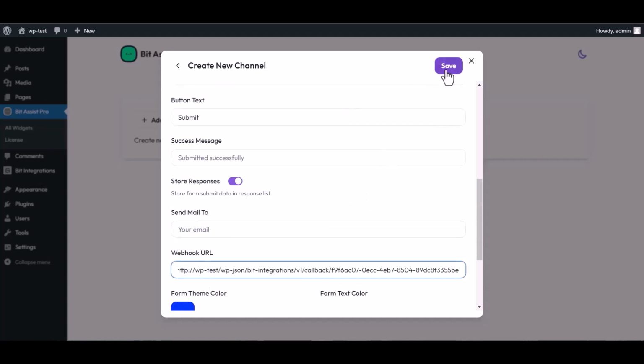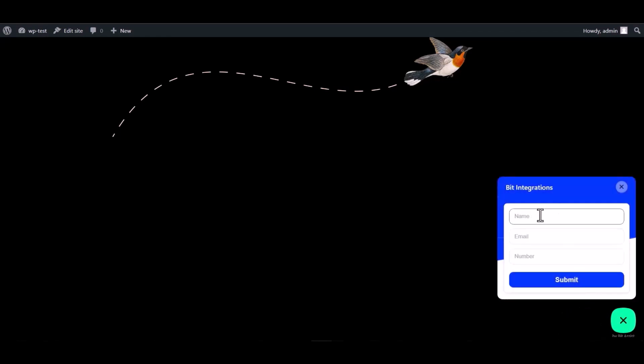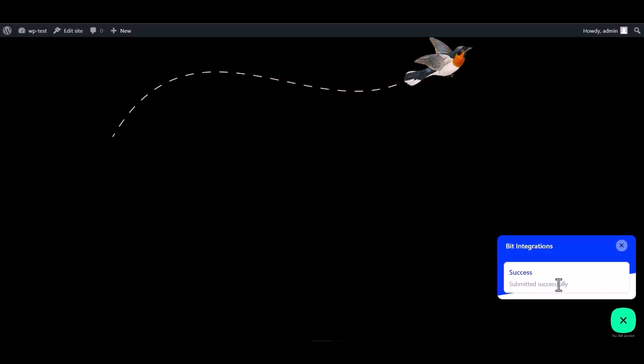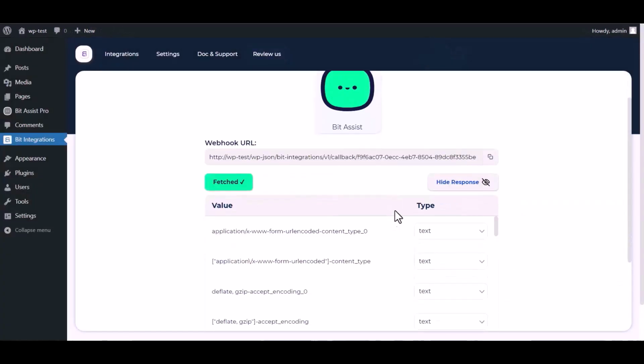Save the channel. Now go to the WordPress page, click on the Bid Assist logo and click on Bid Integrations. Now fill in the form to fetch data. Submit it. After submitting the form, go to the Bid Integrations dashboard and here you can see the data has